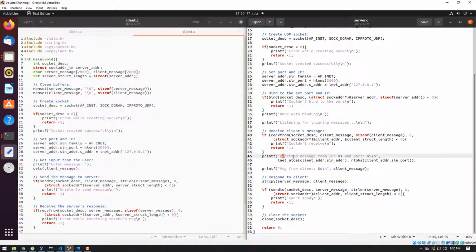Otherwise, for the received message, it will display the IP and port number of the client connected to the server and then display the message received from the client. Then the strcpy function will copy the client message to the server message, and we write the same message back to the client. It means when the client sends a message to the server, we receive it and resend it to the client.